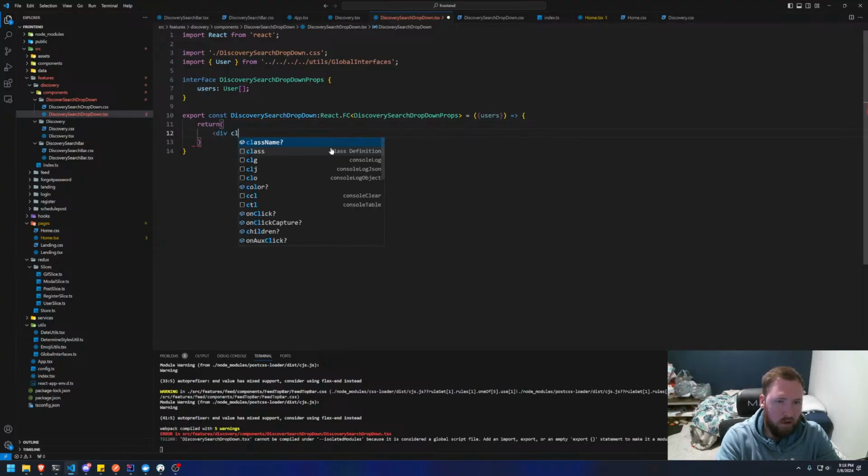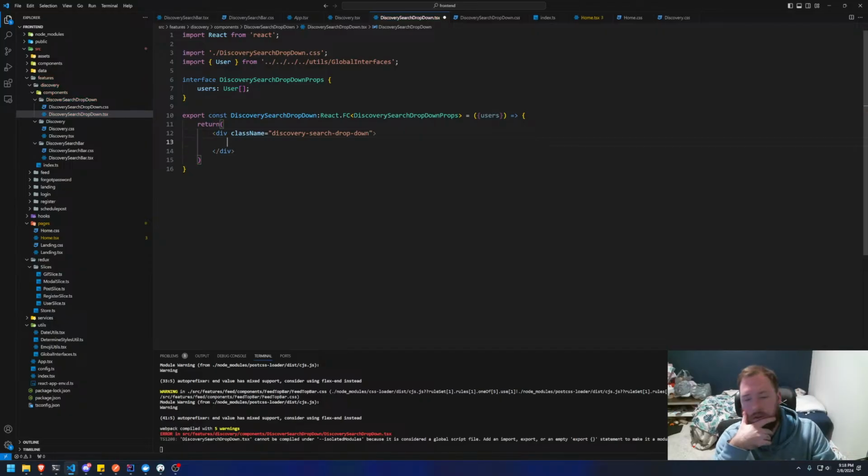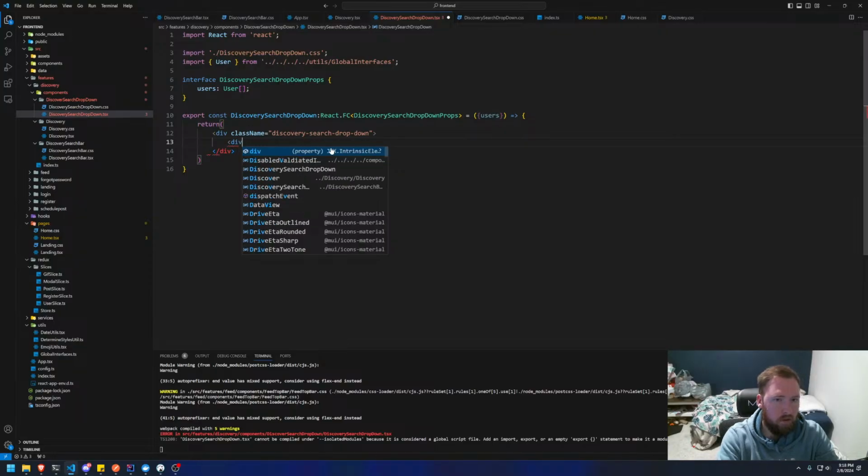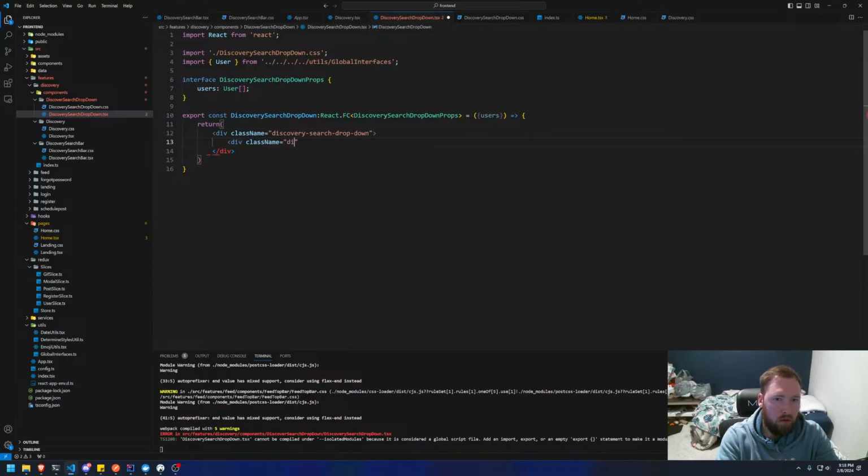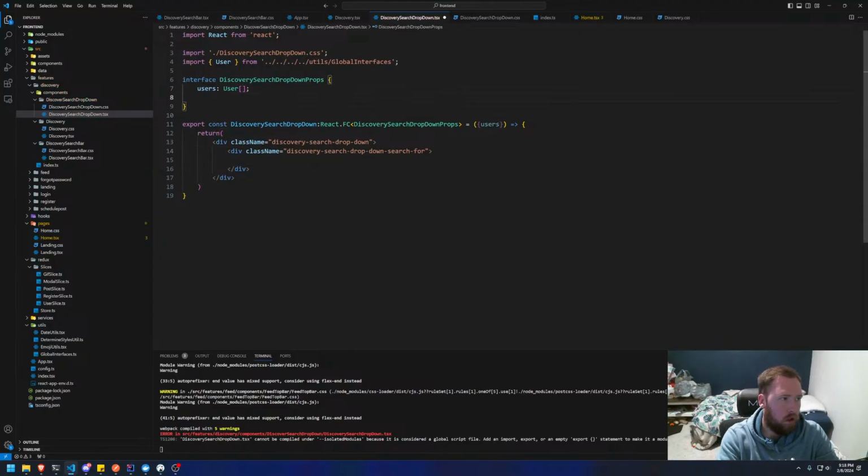So we have our div with a class name equal to discovery dash search dash drop dash down, and inside here there's a couple sections. So we have a div class name equal to discovery search drop down, and then this is going to say search for. So this is a search for section,